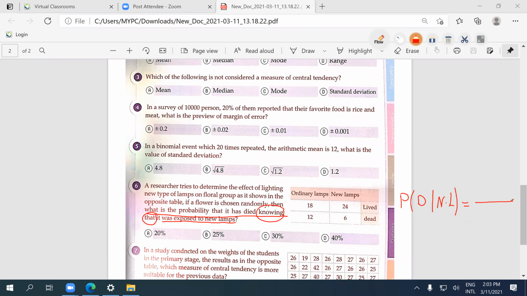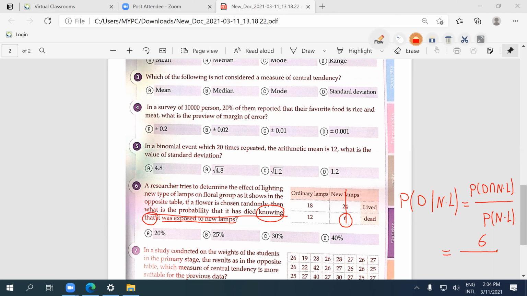So we have to get the probability of intersection. This is the rule: the conditional probability is the probability of the intersection over the probability of the second. So the probability of the new lamp. The probability of the intersection between dead and the new lamp is 6. Okay, so I have here 6 over